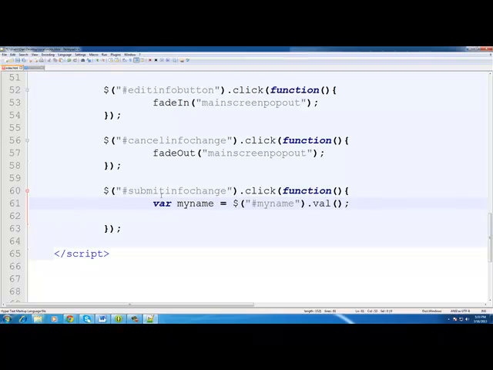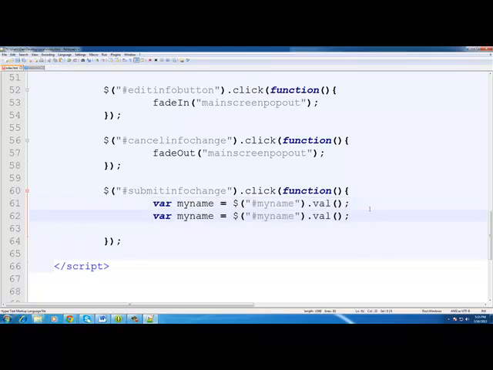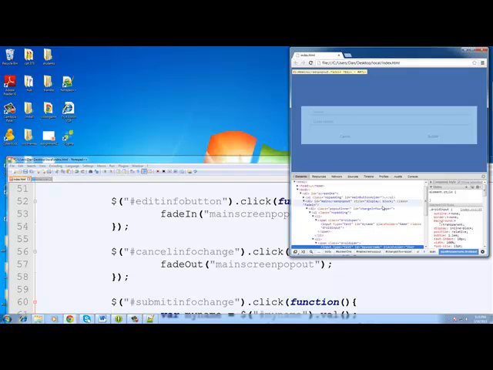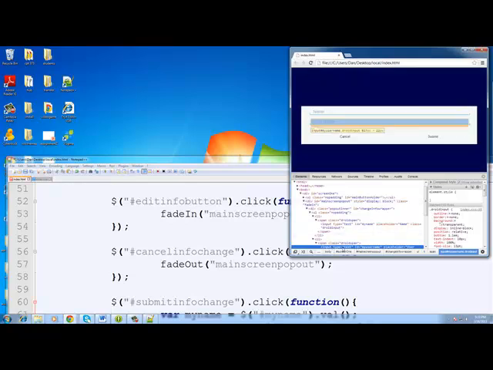That would actually get the value of the input box with the ID of my name. And let's do the same thing for my username. Val my username will be, let's see, my username